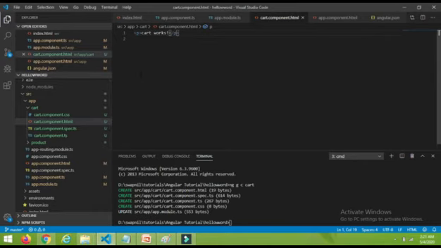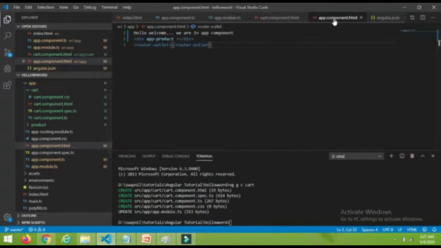I will use this cart component in the app component. So open the app.component.html file. Last time I injected by using three different ways: by property, then by using a class, and by creating a custom HTML tag. Now let me use a custom HTML tag.